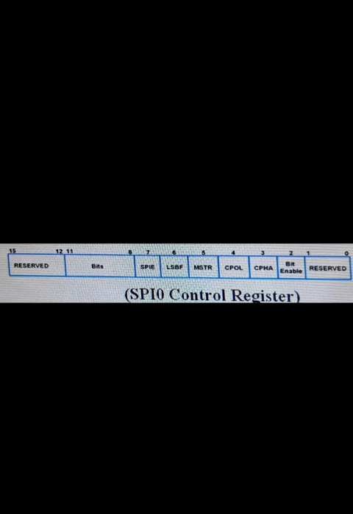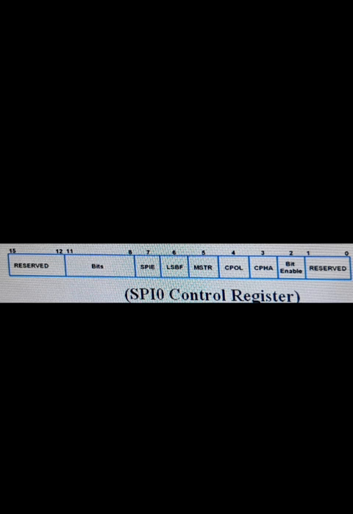Bit number 3 is the CPHA, that means the clock phase. When this bit is 0, the data is sampled on the leading edge of the SCK, and when this bit is 1, the data is sampled on the trailing edge of the SCK.